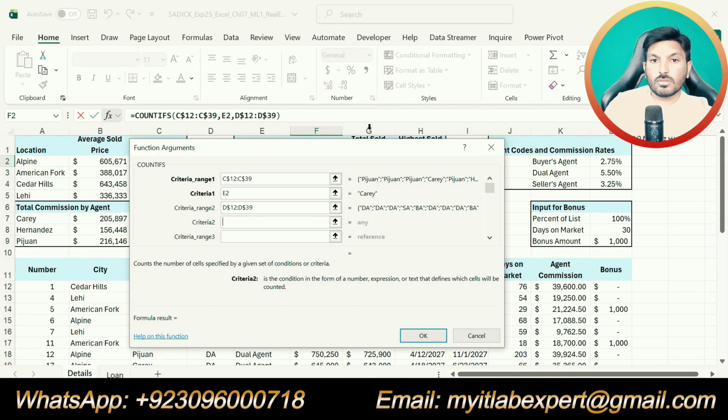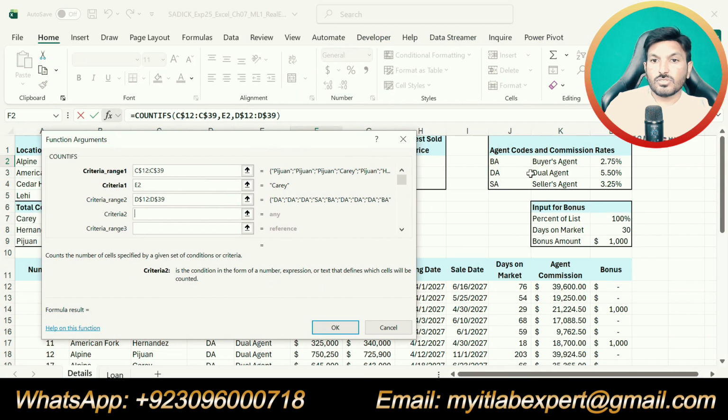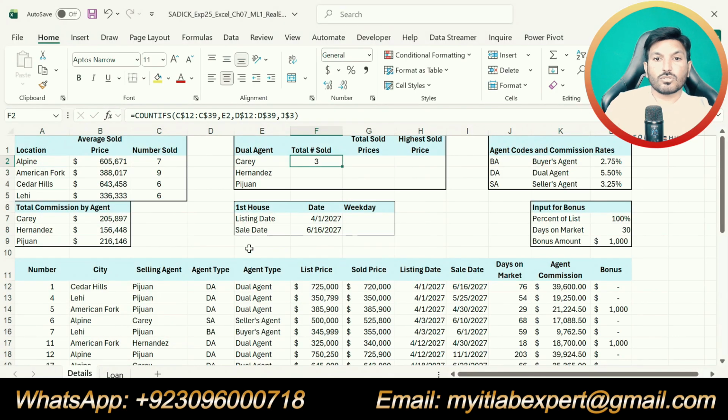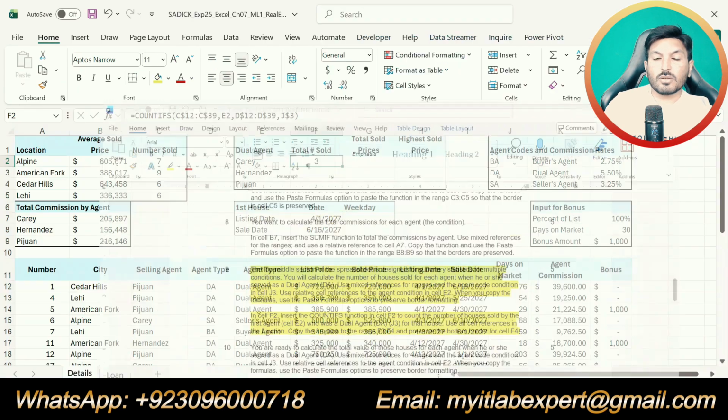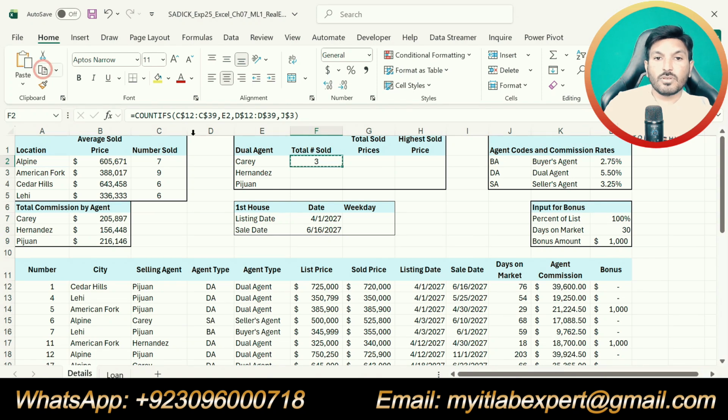So that is J3. Okay, that is our criteria 2. Click OK. So we got 3 houses sold for the Carry agent. Now we are supposed to copy this formula to F3 and F4. So copy this, select F3 up to F4 and go to paste and click formulas.